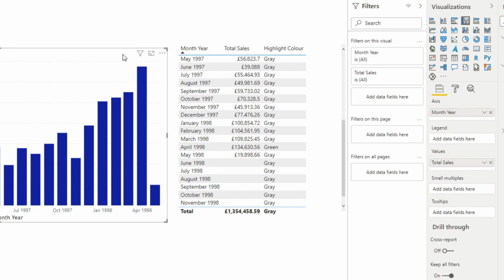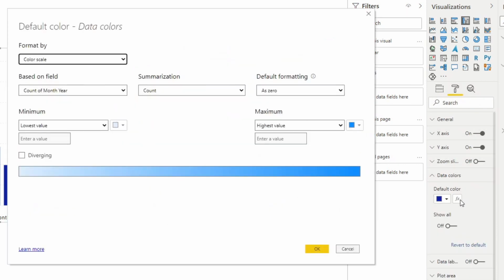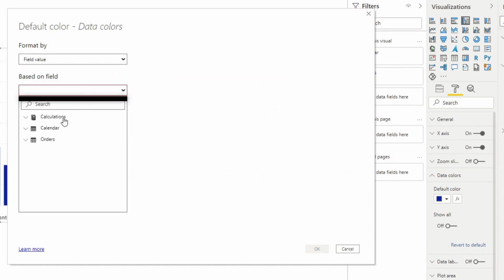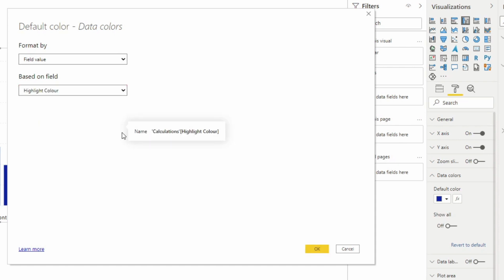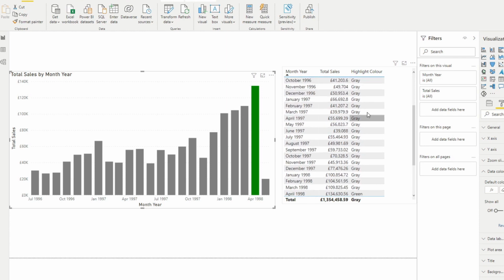So let's go back to our bar chart here, go to formats. Under data colors, we'll select the format icon again. We'll go to field value and say take the colors, whatever it says on the highlight color. And if you hit OK, you'll see that you're already applying the colors that you have here in the highlight color. So it's highlighting the highest value as green, everything else as gray,